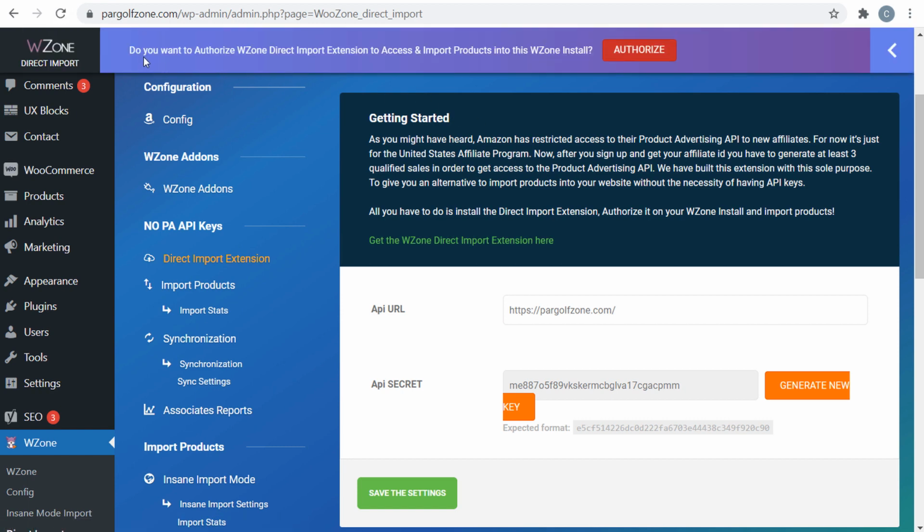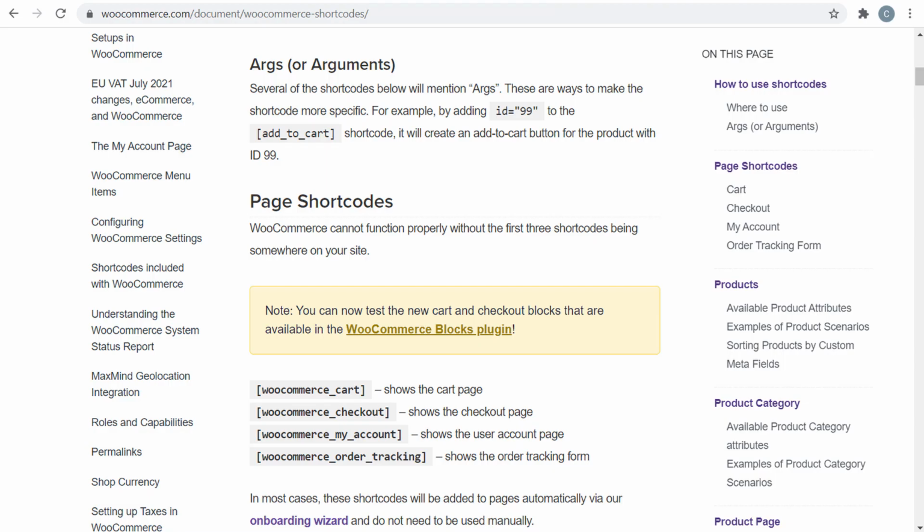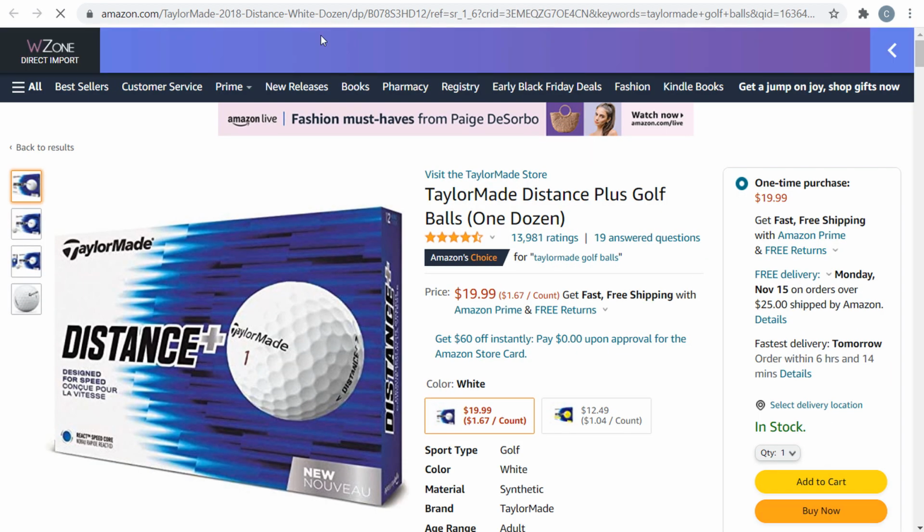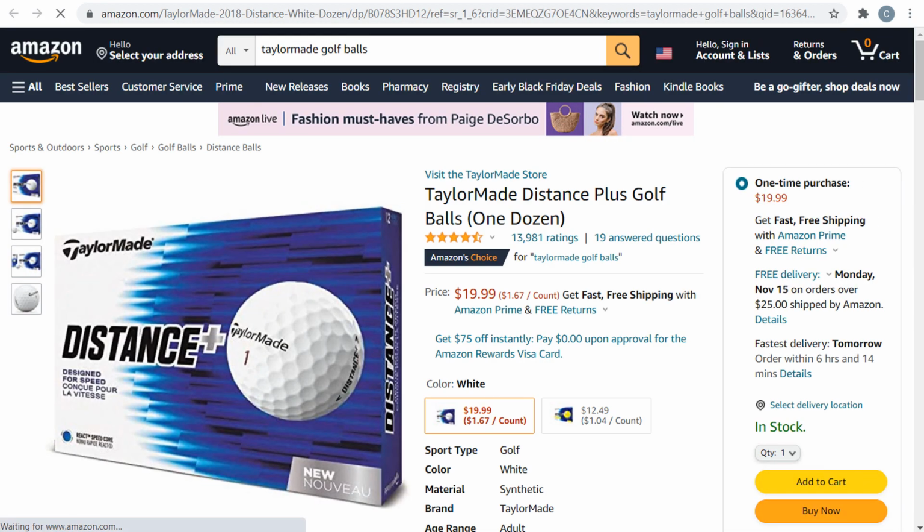Okay, so now you can see, do you want to authorize Wzone direct import extension to access and import products into this Wzone install? And we're going to authorize. So you can see website successfully added. So now what we can do is if we come back over to Amazon, we're going to close this page out, or you could refresh it. What we could do is open up this page right here. So that's going to open up this individual product page,